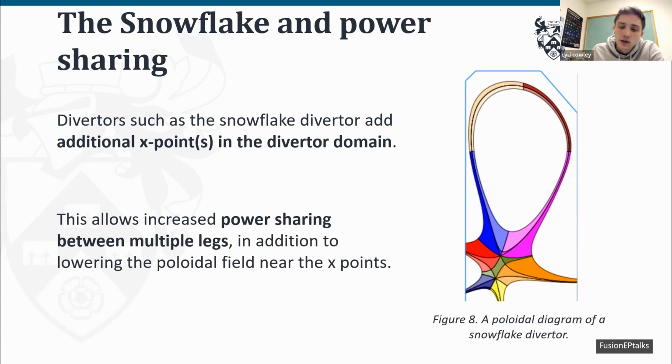throughout those legs. So I hope you can see that if we only had this first X point here, we would only have 2 divertor legs. But because we have 2 X points in the domain, we have 4 divertor legs, and the power can be sort of shared over multiple legs. So snowflakes use these multiple X points. We can also have just double nulls, where you can essentially just have any configuration, make it vertically symmetric, and that can share power loads over the top legs and the bottom